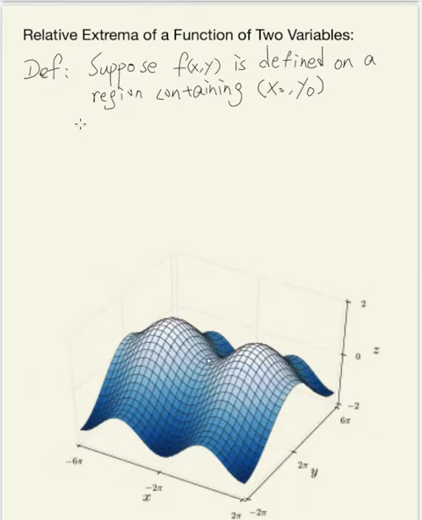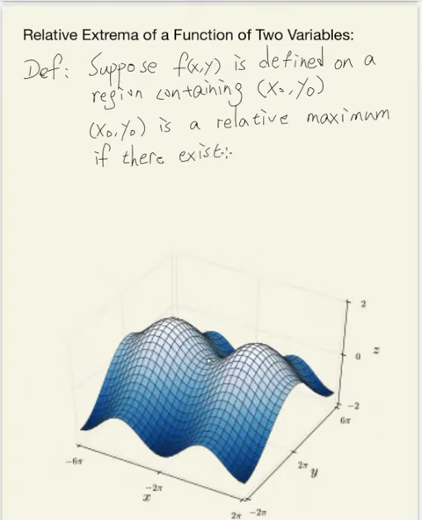Then this point x naught, y naught is a relative maximum if there exists a circular region R